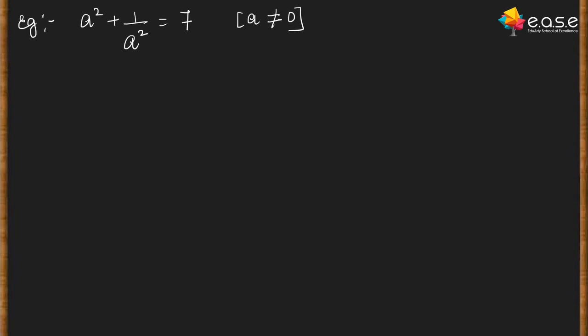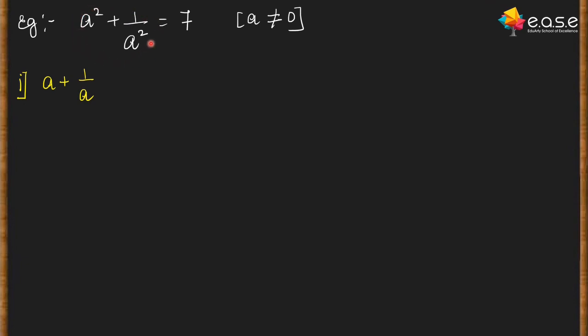I'm going to make three columns. The first thing we have to find out is a plus 1 by a. Now if you take a plus 1 by a, what will you get here? Check. If you look at this entire thing properly, what is missing here? If you would have had 2 here,